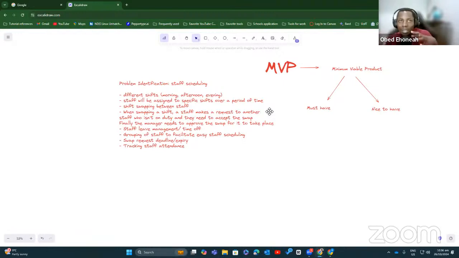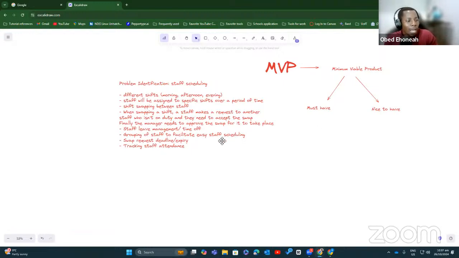So even though you want to settle on the must have for your MVP, you still want to be a bit flexible and possibly have thought about the consequences of the decisions you're making right now for the MVP on every other thing that may end up coming in. Eventually, you're going to have to overhaul some feature. You're going to have to redesign some of the things. You're going to have to recreate the database structure for some of the things, right? But if you can build a system to accommodate as much extension as possible, that would really be helpful. So think of it that way whenever you build stuff.